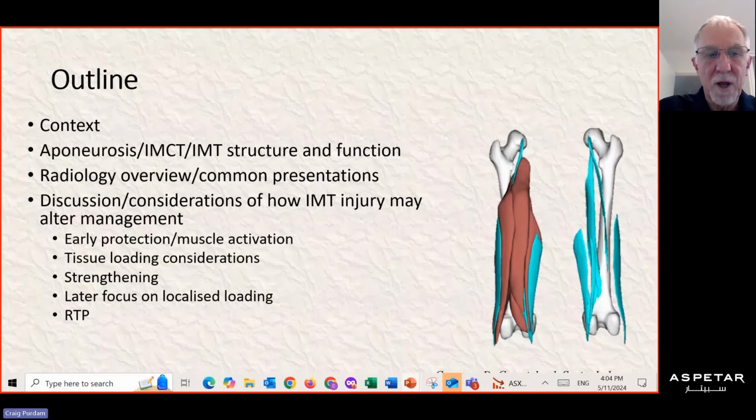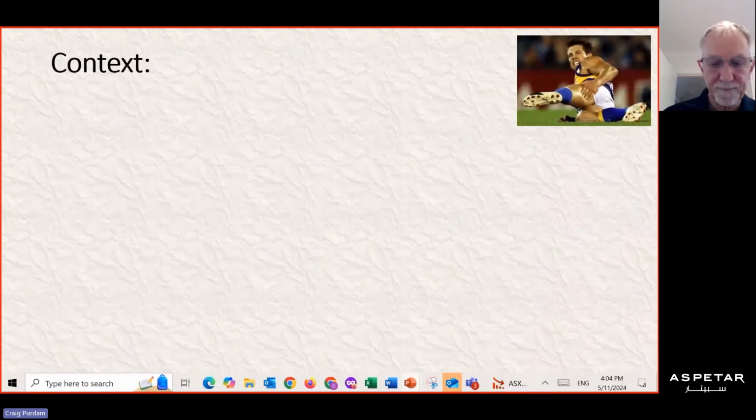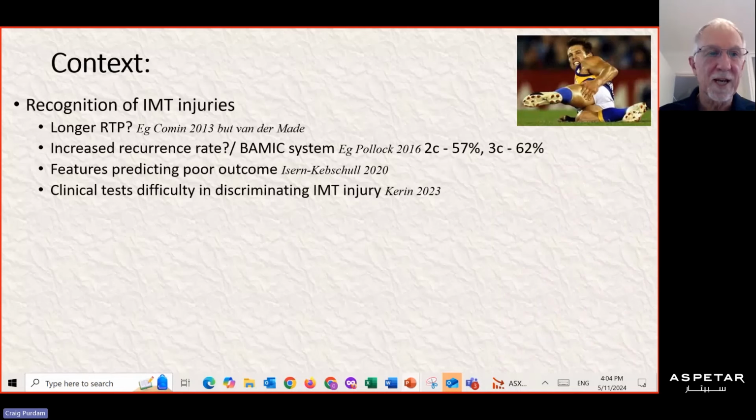We'll have some overview of the radiology and common presentations, and then really discuss, out of that and some other background material on pathology, how we might best approach the various phases of rehabilitation. So contextually,